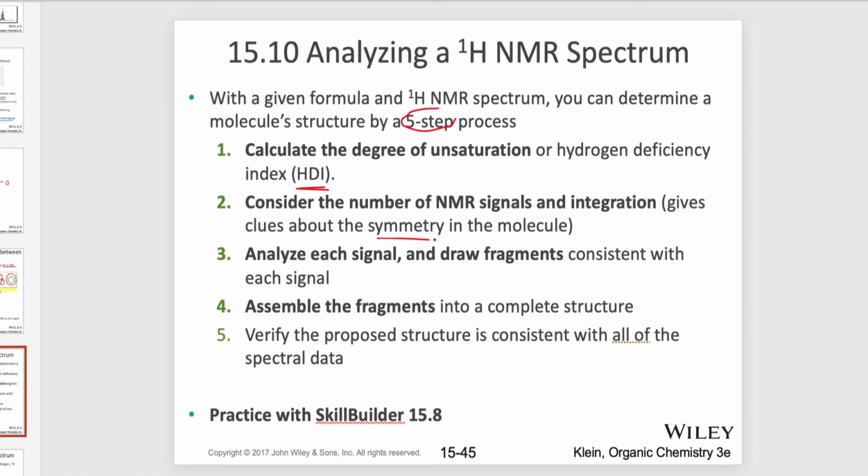Analyze each signal and draw fragments consistent with each signal. You want to understand how the electronic environment is influenced, and then you assemble your fragments into a complete structure. And then you verify the structure by applying all the different